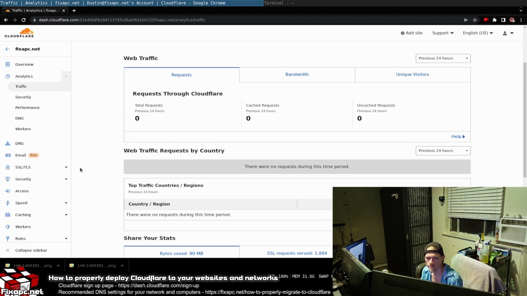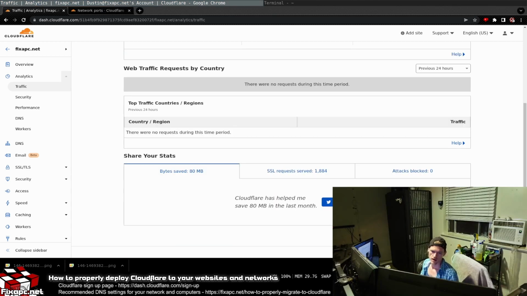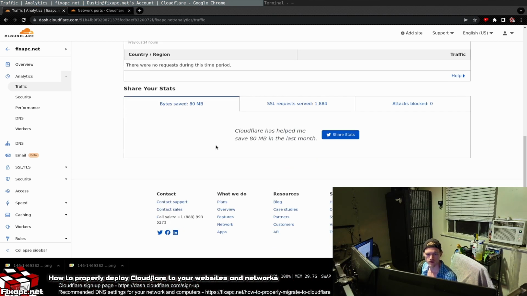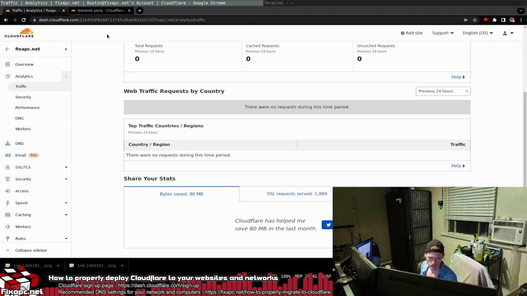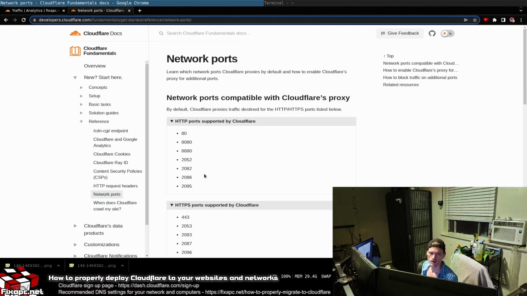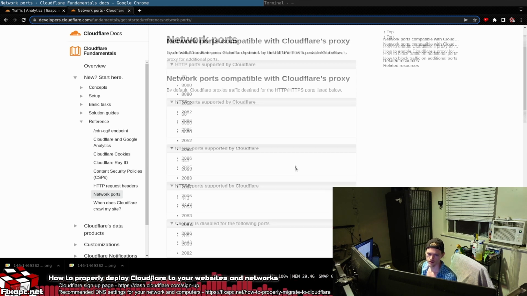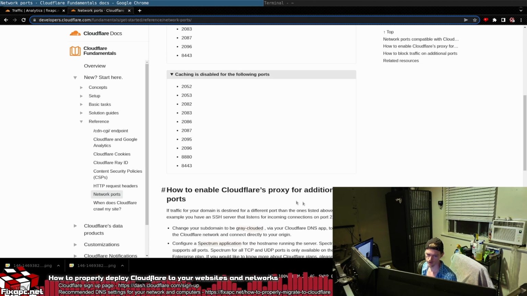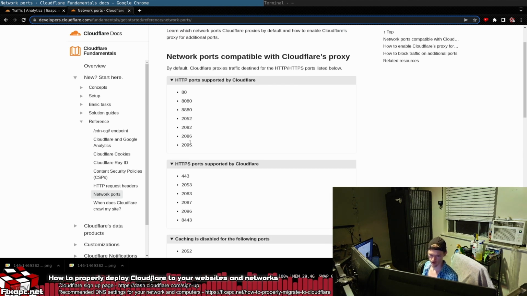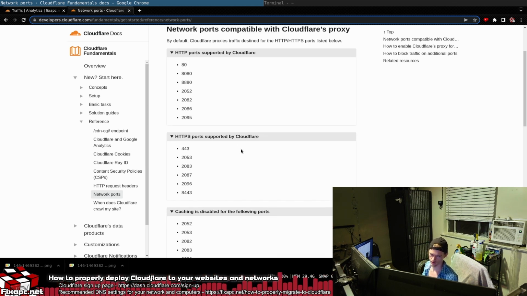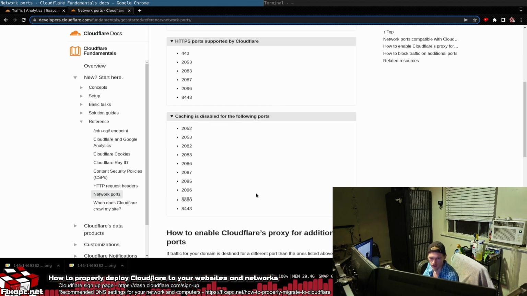So, something else you need to know. If you're going to use their proxy, be aware that your SSH probably isn't going to work right away. The reason for that is, when you have the proxy enabled, we go over here to developers.cloudflare.com. You can see they only have certain ports open on their proxy. Now, I don't know how it is for their enterprise package and all that. They'll probably do whatever you want at that point. But